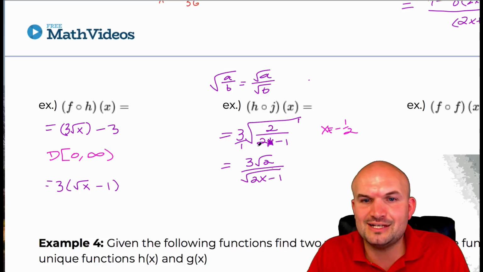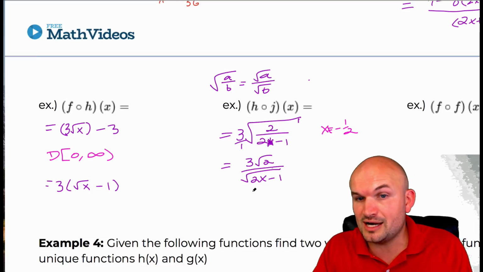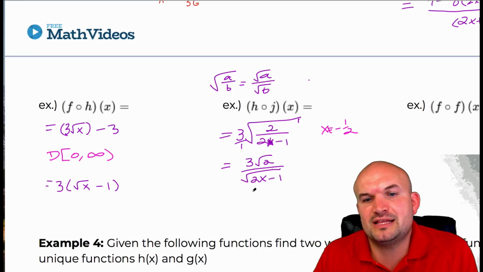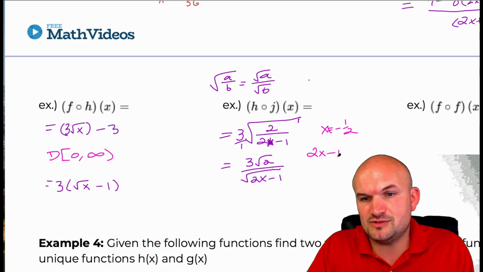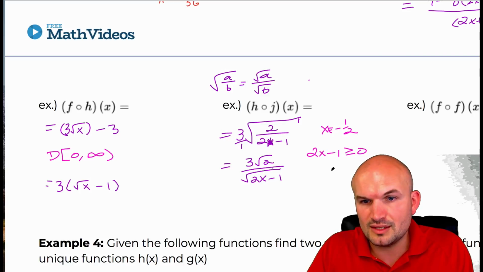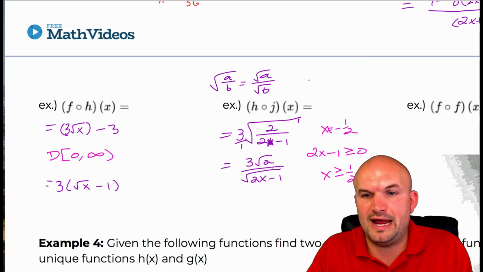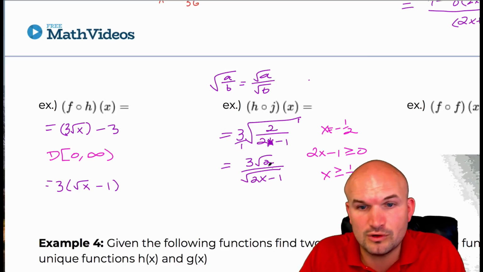But we see that we entered this into a radical, so now we need to take into consideration the constraint of the radical, which is that we need to place values that are going to make the radical greater than or equal to 0. So now I need to take 2x minus 1 and set it greater than or equal to 0 and go ahead and solve. So in this case, by adding 1 and dividing by 2, I have x is greater than or equal to 1/2. So what this is saying is x has to be, oh crap,